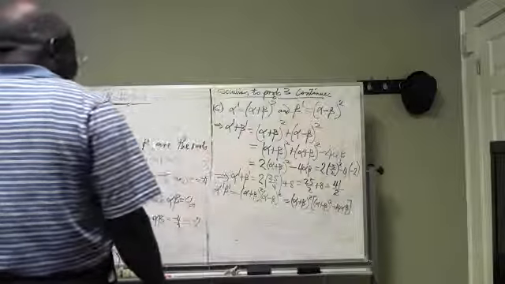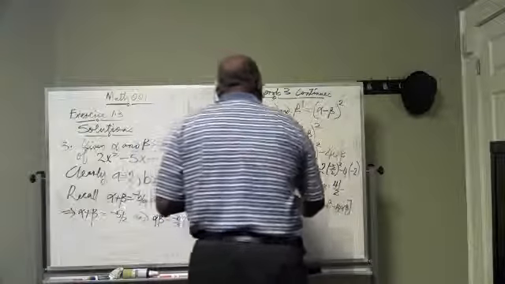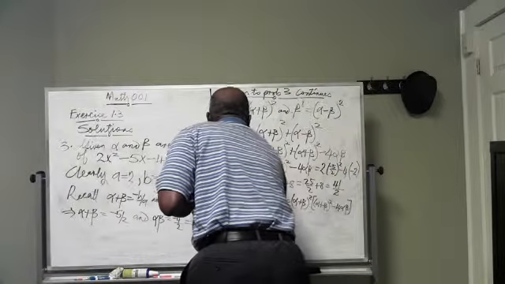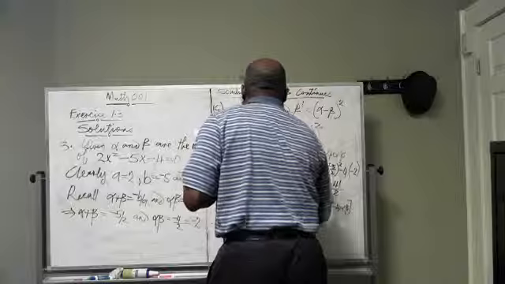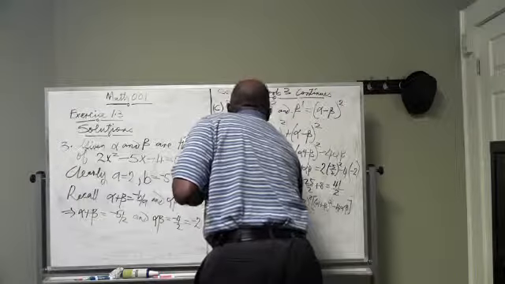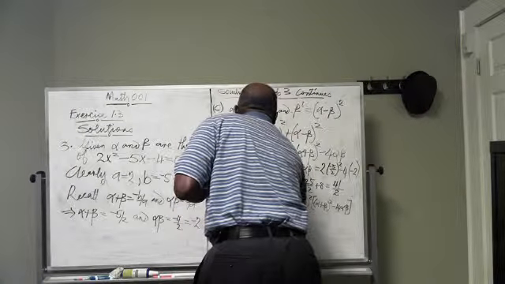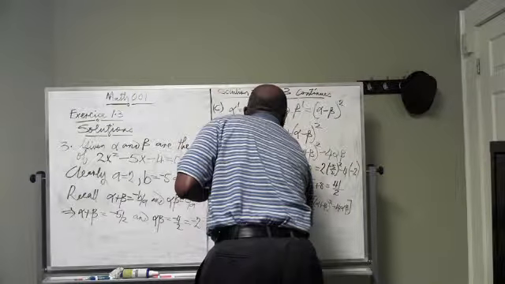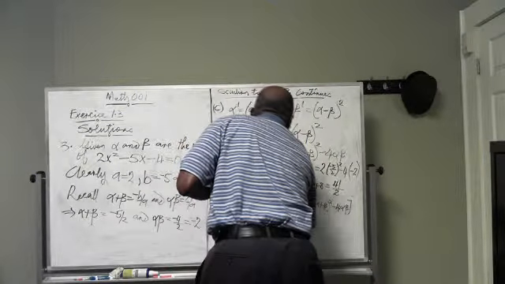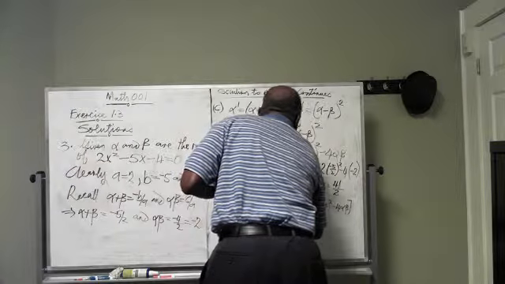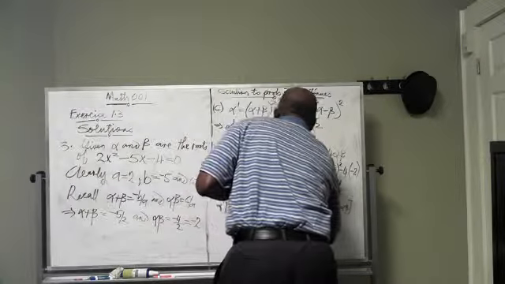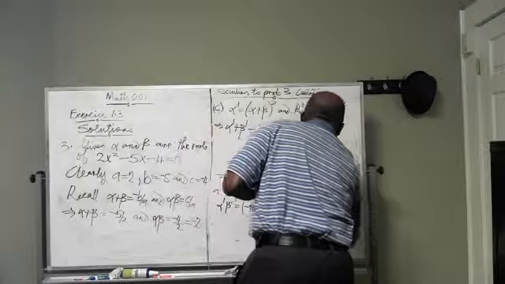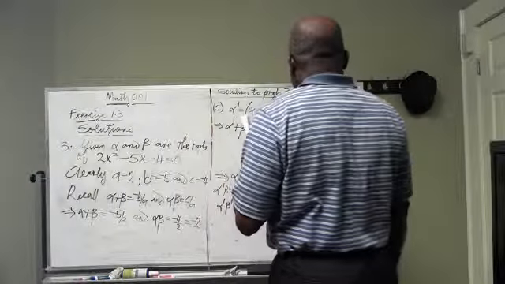So if we substitute our figures in here, this will give us alpha prime beta prime equals minus 5 over 2 all squared into minus 5 over 2 all squared minus 4 into minus 2, which is equal to